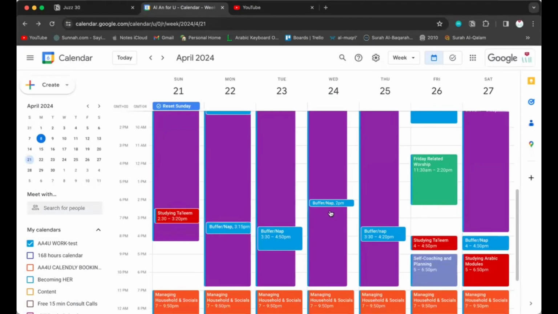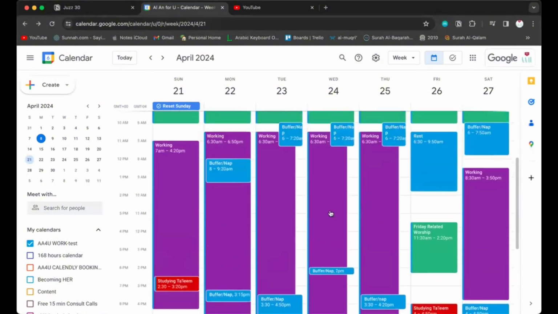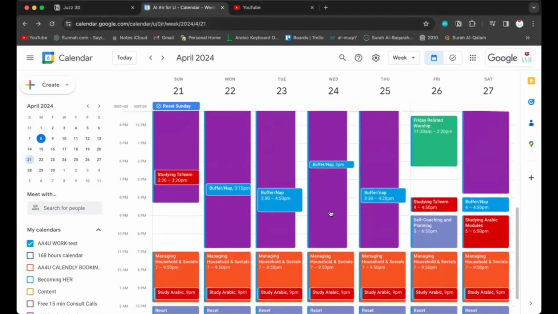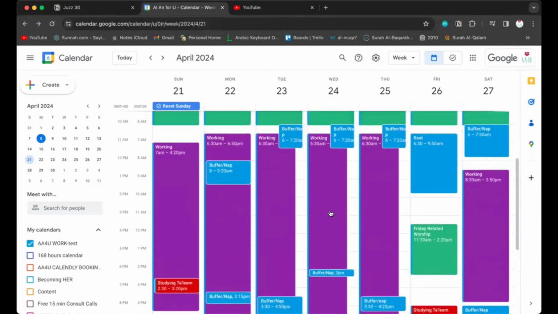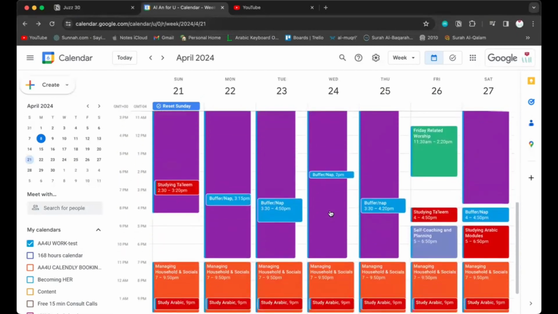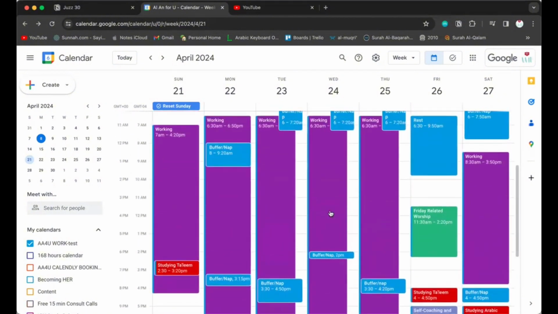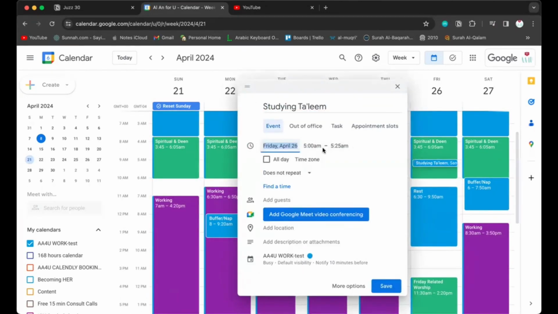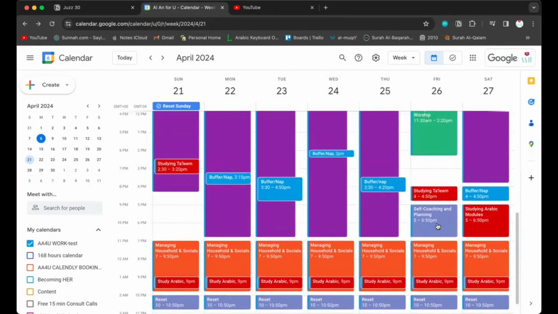I need 3 more hours in Talim that I need to find here. So Monday through Thursday, I do not want to touch anything there. It's too busy. The only thing I can think of is Friday morning.